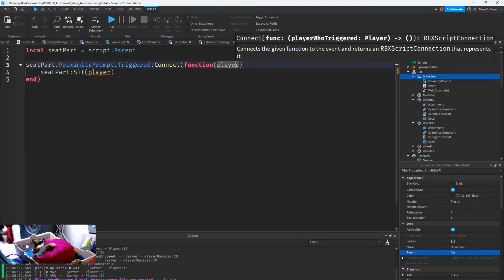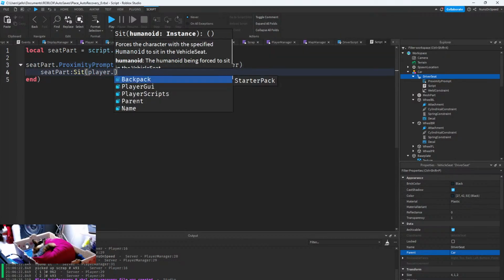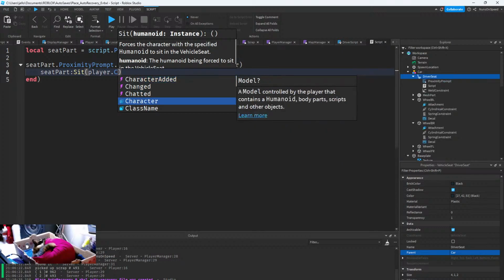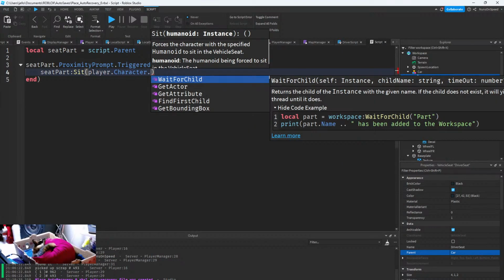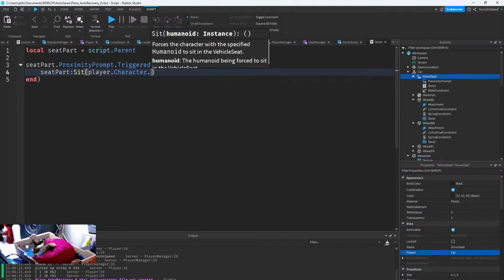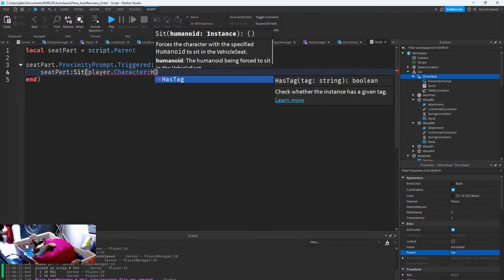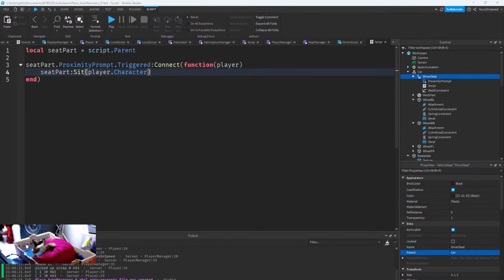So if I play the game now, and if I go next to the car, we can see the proximity prompt appears, and if I press the E key,